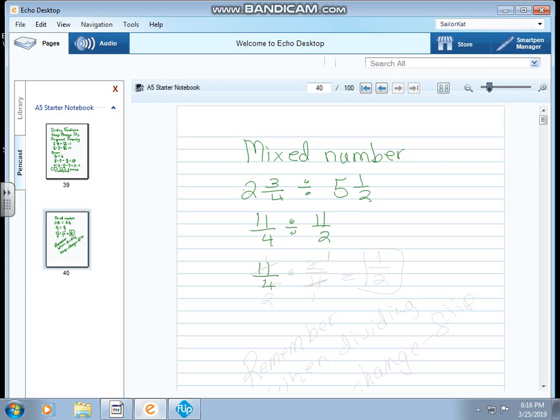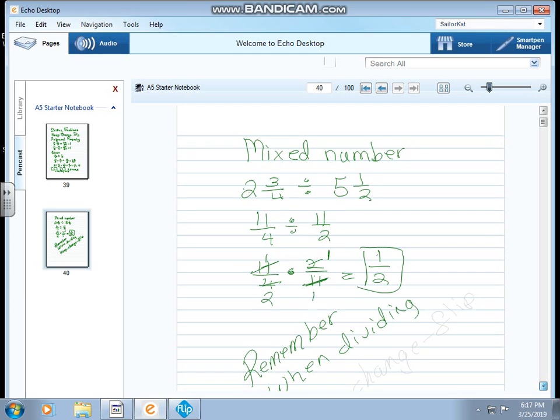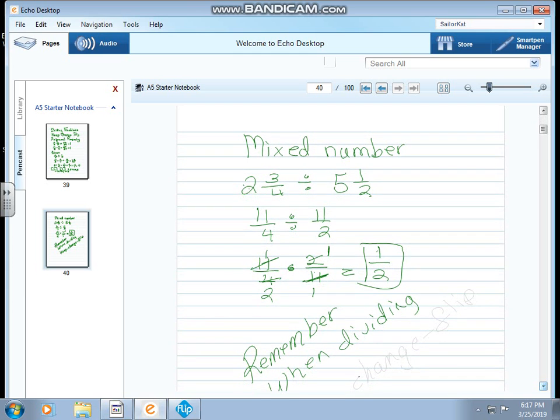Keep the first fraction, change to multiplication, flip the second one, and here we can do a lot of cross-canceling, because 11 will go away, 2 goes into itself once, and 4 twice, and we have 1 times 1 and 2 times 1, which is 1/2. We can box that. So the key here is to remember when you are dividing, keep, change,